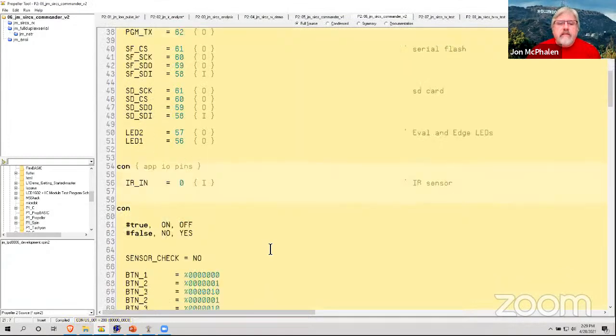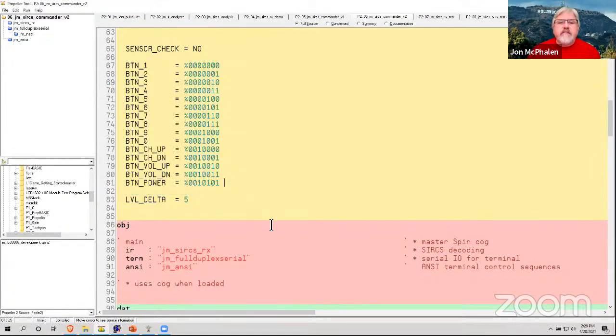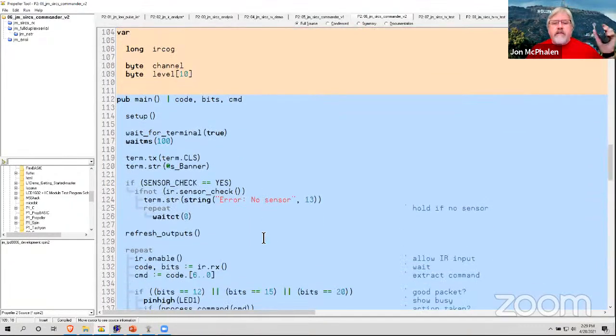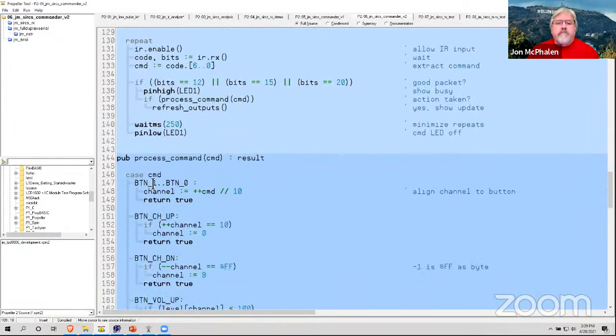Okay. And again, this is doing the same kind of thing with constants for the keys that we want to change. This LVL delta, that's level delta, that's how much the up and down arrow keys will change our value. In this particular case, we're not using a bit field, we're using a byte array of 10 values. Since we're only storing 0 to 100, we can store that in a byte. So we've got 10 of those, 1 for each key. And we're doing the same kind of process here,